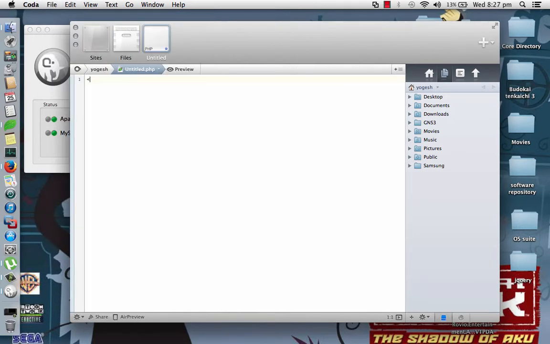Once it's done, I'll just initially type the PHP snippet, and in that I'll just put a basic print statement.